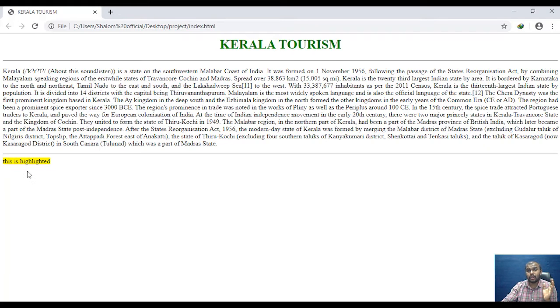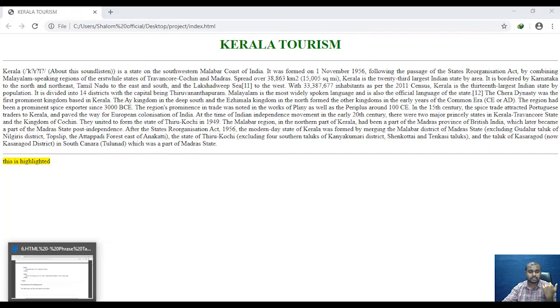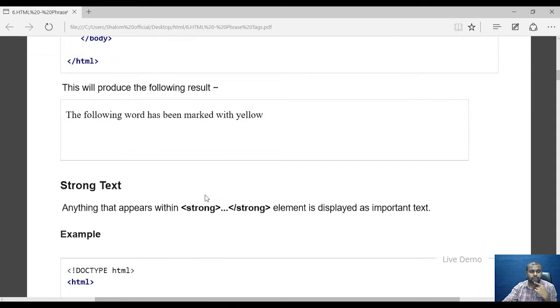By default, a yellow background will be given to that particular content. Like if you are reading something and you come across some important points, we highlight using a highlighter pen. Similarly, if you want to highlight and show some text to the user, you can do that by using the mark tag. So that is the output of the mark tag.